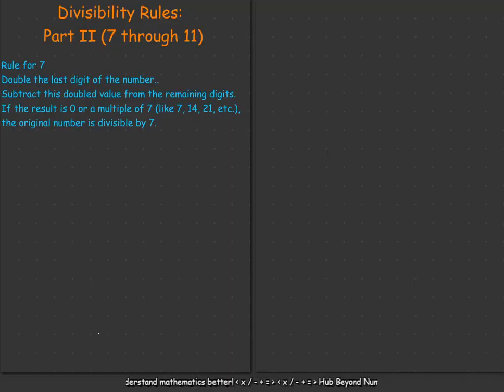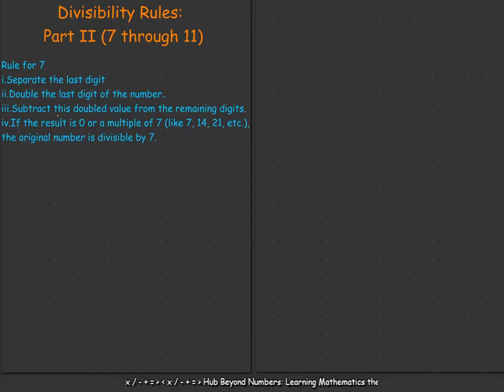So the rule for 7 says that we should double the last digit of the number. Before we even double, let me write something. So here are the steps. Before we determine that the number is divisible by 7, we need to first of all separate the last digit. Whilst we are doing it, let me take a number so we actually have a feel of what this rule is talking about. So if we have a number such as